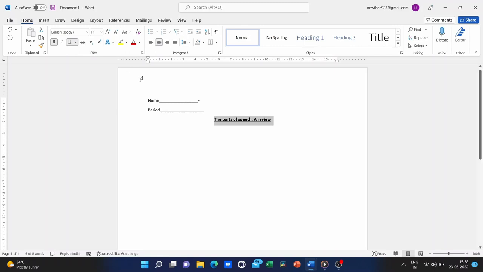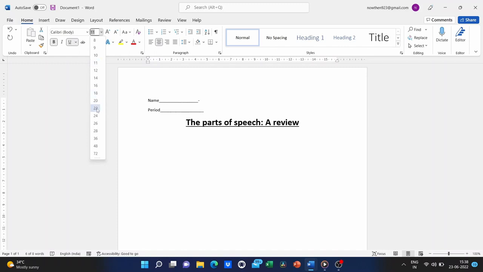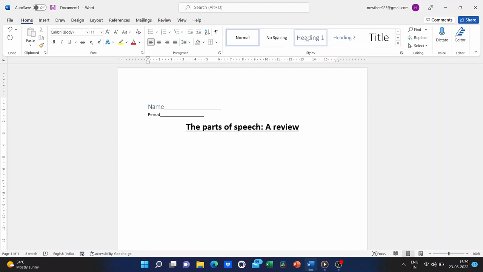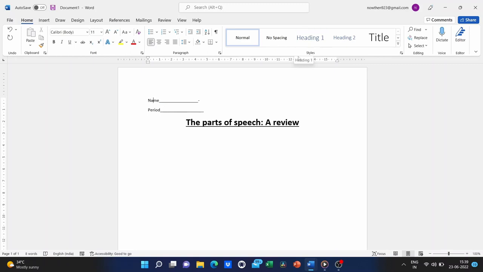I could make the text bigger, but more often than not, instead of making all of these fine-tuned adjustments, what I often do is use these styles. And so to show that, I'm just going to click the undo button several times to go back to just the text.